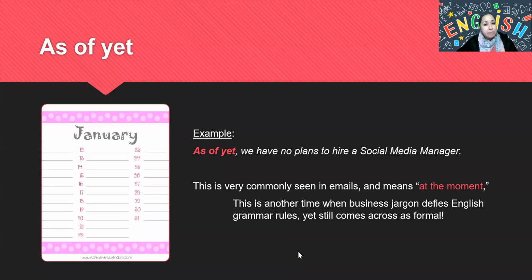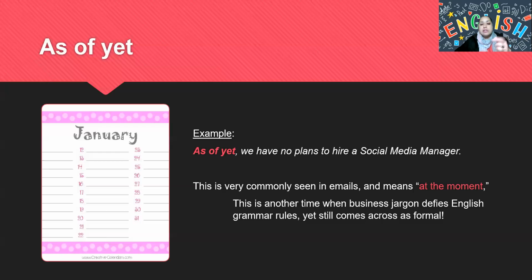So grammatically speaking, the best use would be to say at the moment, but it's very common to hear this, as of yet. And it means as right now, as today, at this moment, as of yet.